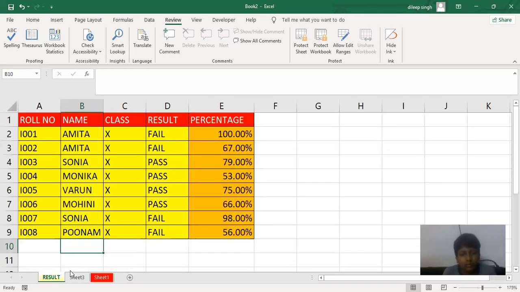By selecting one sheet and holding the control button, just click on another sheet, and you can select more than one sheet by using this process, holding the control button and clicking the mouse on the next sheet, next sheet, next sheet. All the sheets will be selected here, right? Understood? Okay. So this is the option by which we can do this process.